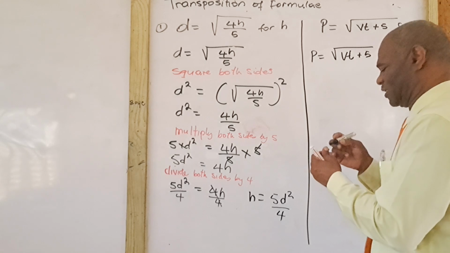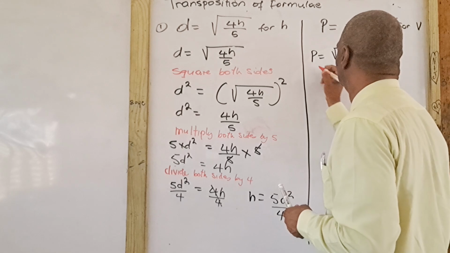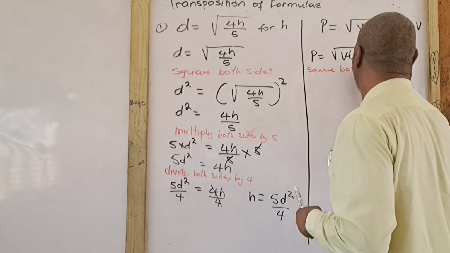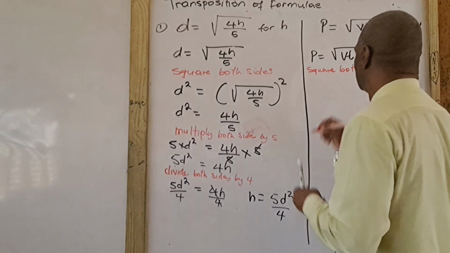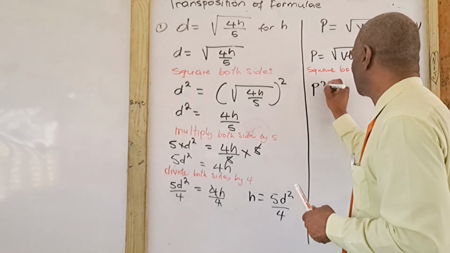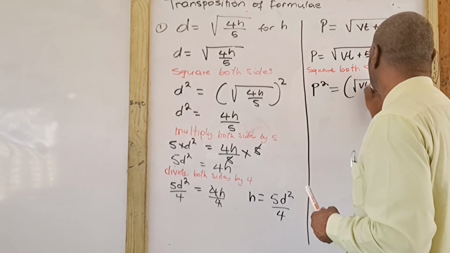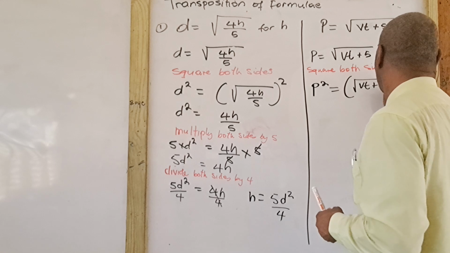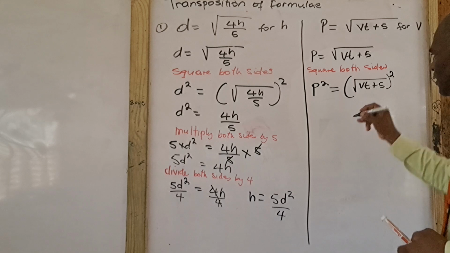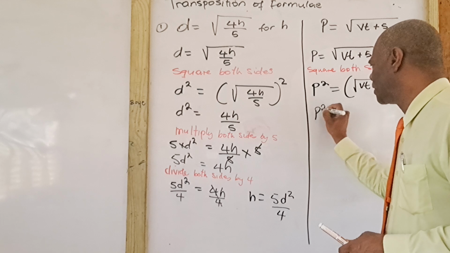Right? So let's write that. So we write it with my red ink. So square both sides. Right? So if I square both sides, I now have p squared equals all of this v times t plus 5 all squared. Right? Now this now gets rid of that. The square there gets rid of the square root sign. So I'm left with p squared equals